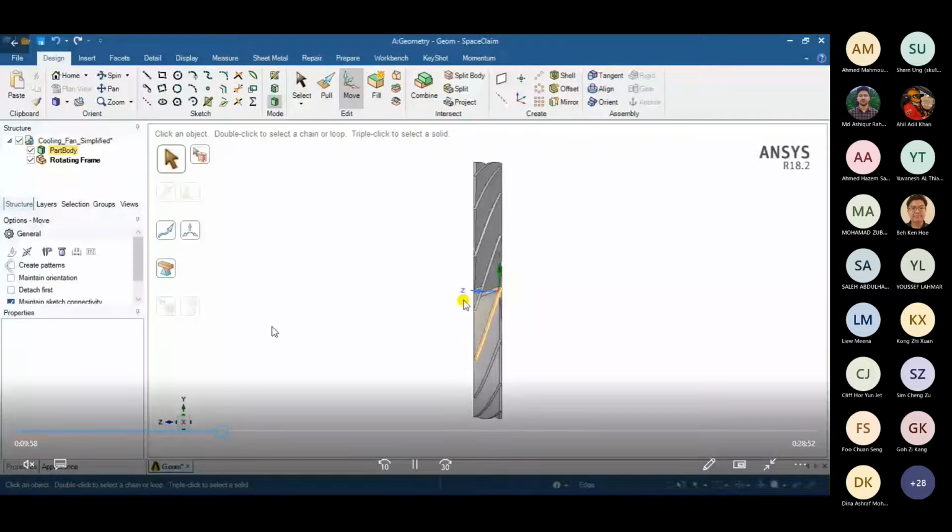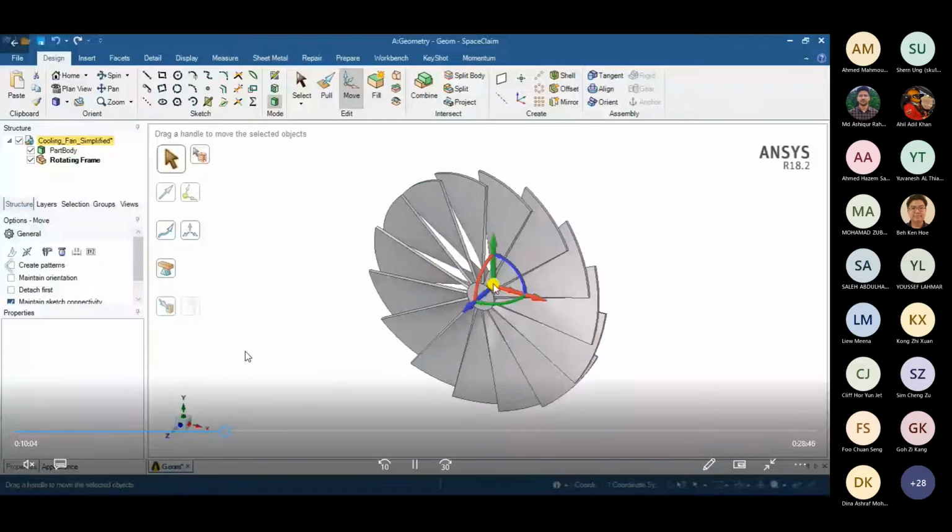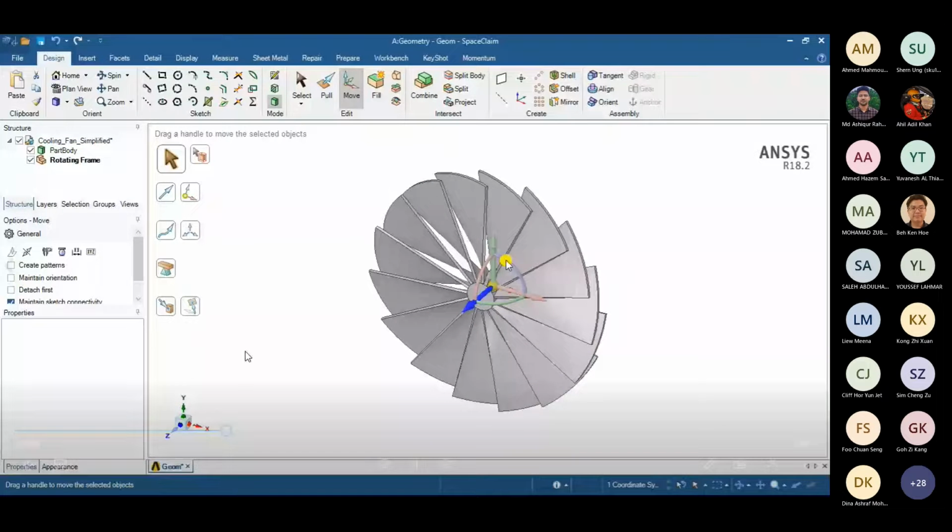So we basically create two different domains. Based on that, you would be differentiating between the rotating part and the stationary part, which have fewer faces in connection with each other between the stationary and rotating frame. So the interface that you are going to define will be simple and not very complex.